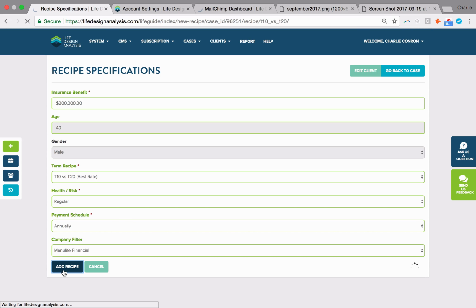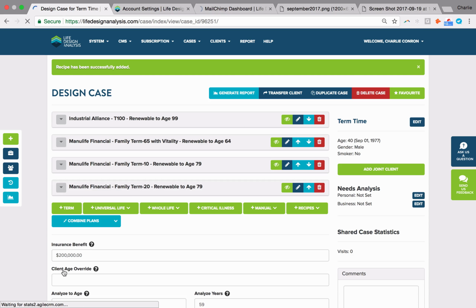Again, it doesn't really matter if you have a preference set. It's always good to look and research the market and find the best products for your clients, but again, keep in mind conversions and other options and things like that too. Now in this one, I don't necessarily care about the order, but I could always switch these around, because I'm going to use our little combine plans, and each one of these is going to be a little bit of a layer.